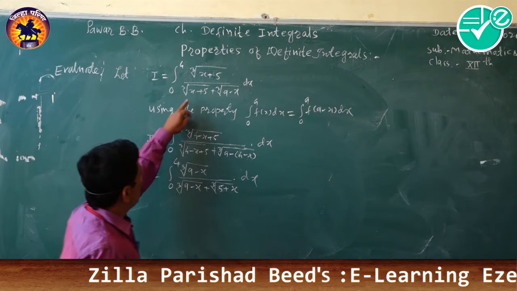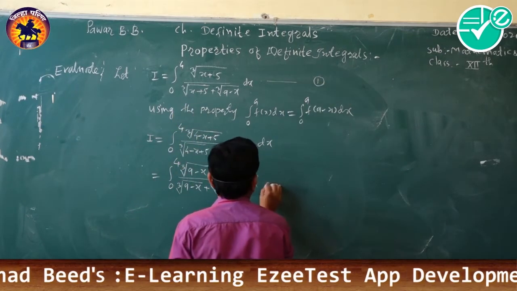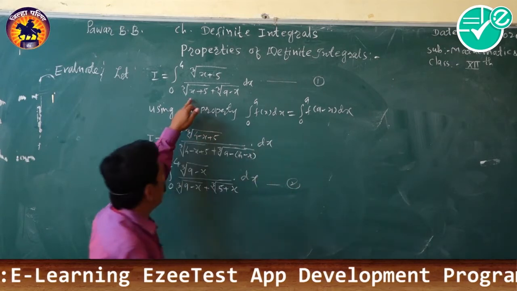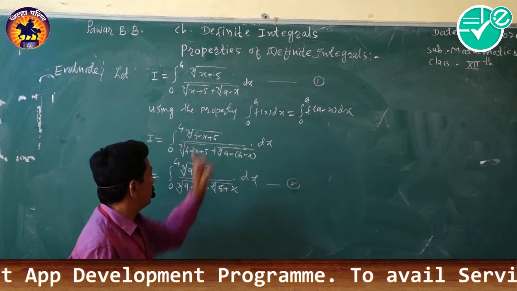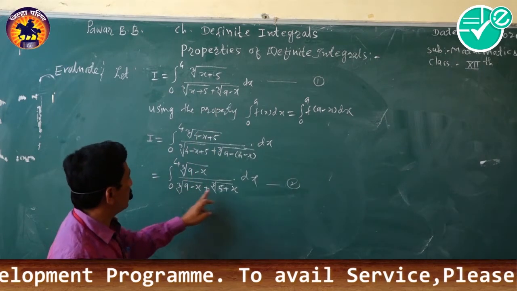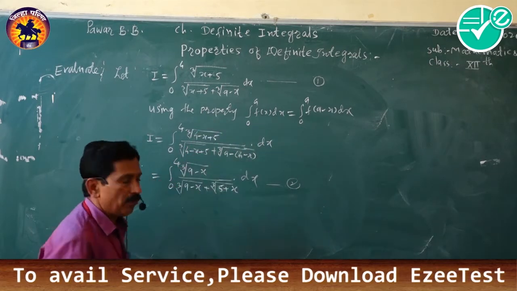Now let it be equation 1 and this is 2. The denominator of this is cube root of x plus 5 plus cube root of 9 minus x. Here also cube root of 9 minus x, cube root of 5 plus x. The denominator is the same, therefore adding